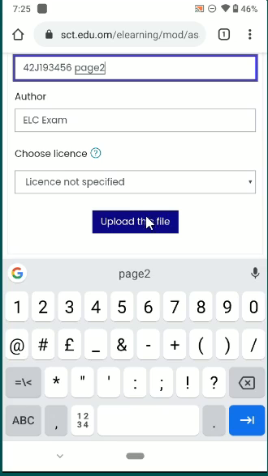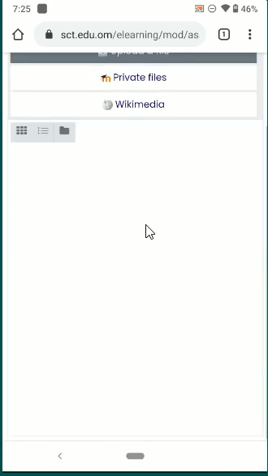Okay, now I have to upload this file. The second file also will appear there. So I have completed my assignments and 2 photos are loaded to the e-learning page. It will display the file names here.